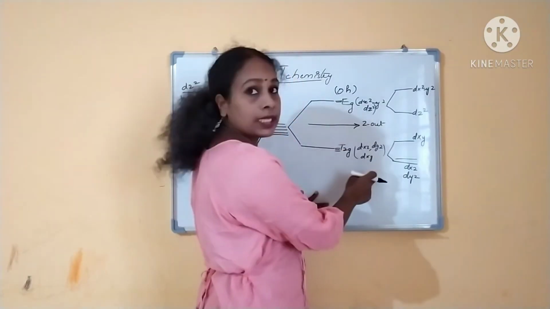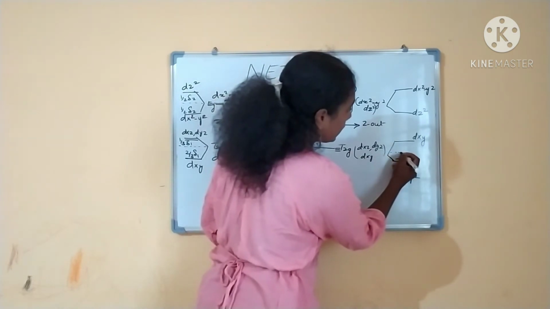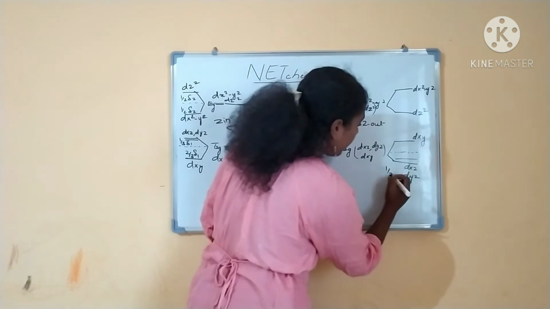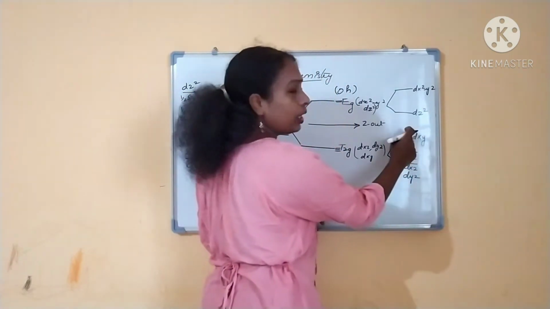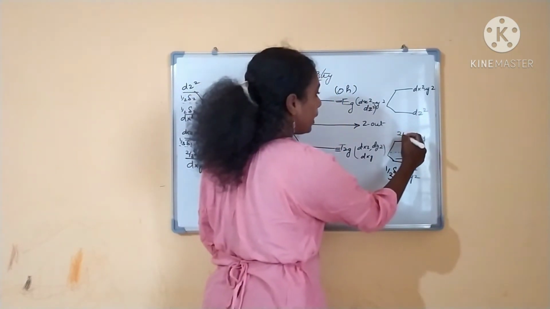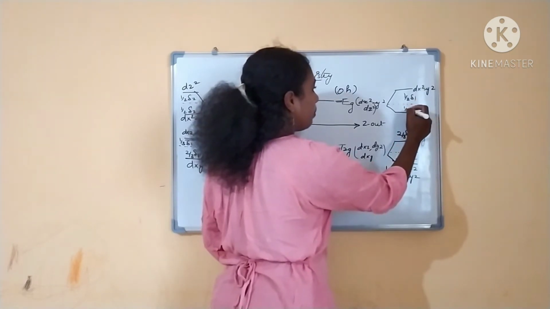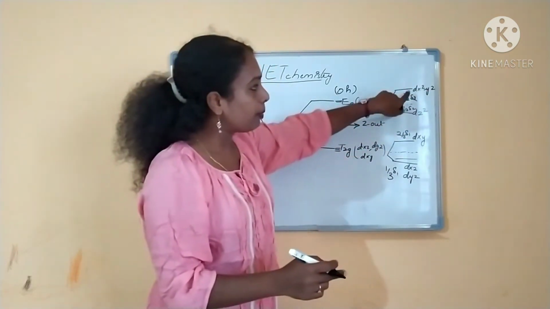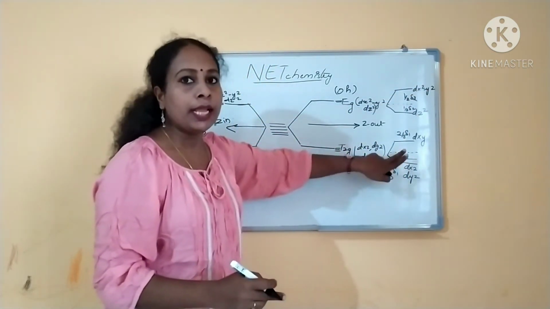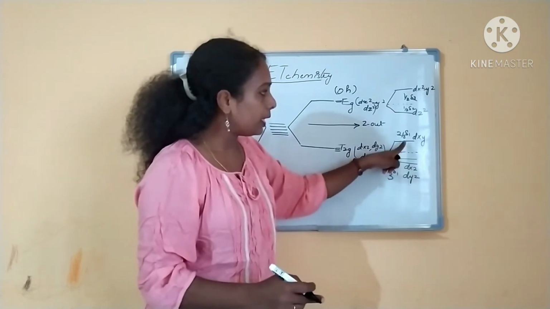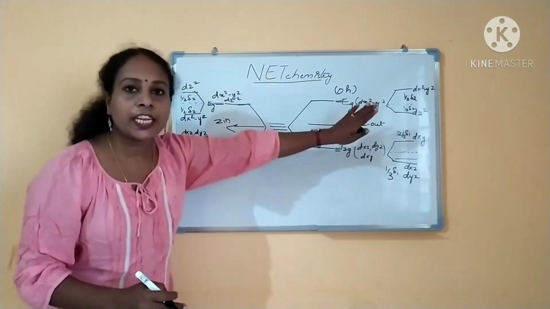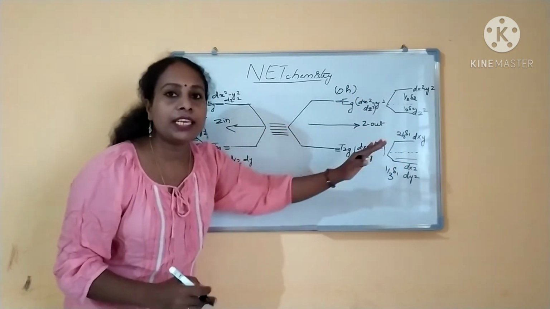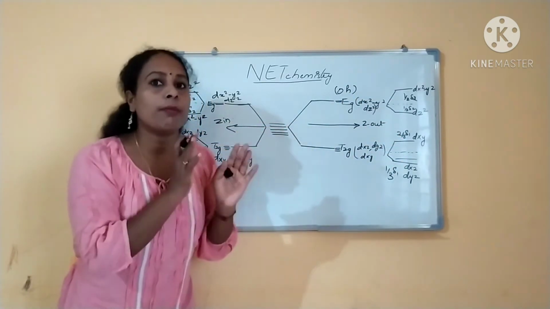This is the Z out case. How will it split? See, this is the splitting. Here two orbitals are there, 1 by 3 delta 1, and here only a single orbital, 2 by 3 delta 1. The other splitting will be 1 by 2 delta 2 and 1 by 2 delta 2. In the other, three orbitals are there: 1 by 3, 1 by 3 and 2 by 3. This is the splitting in Z in and Z out cases. Using this you can calculate which distortion the complex has undergone.